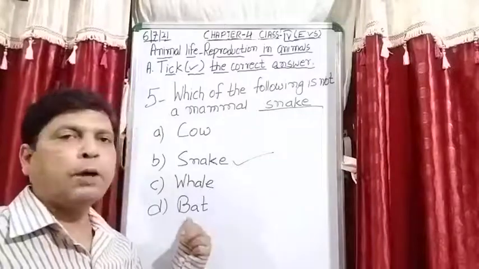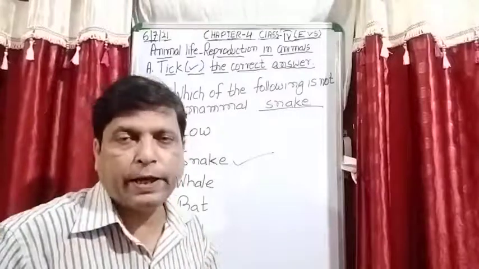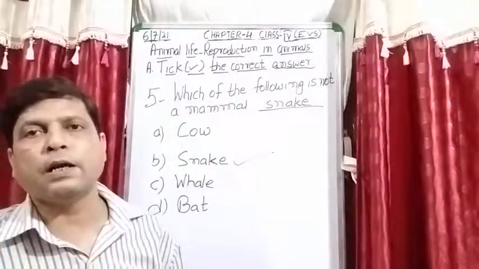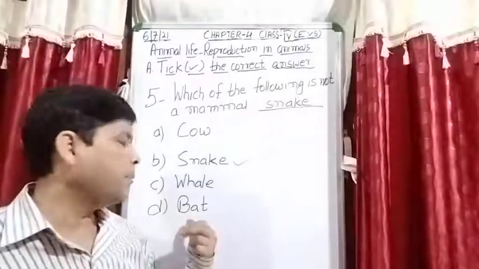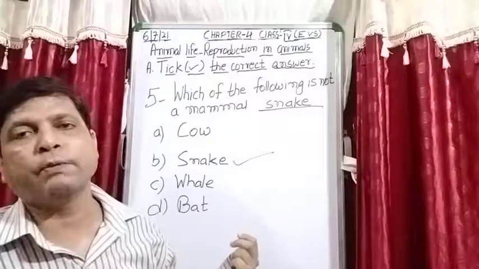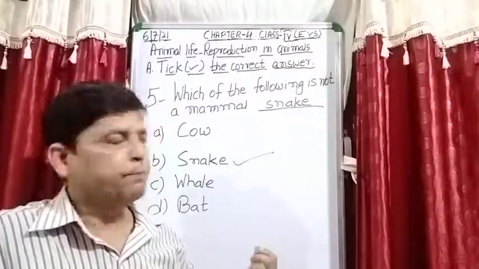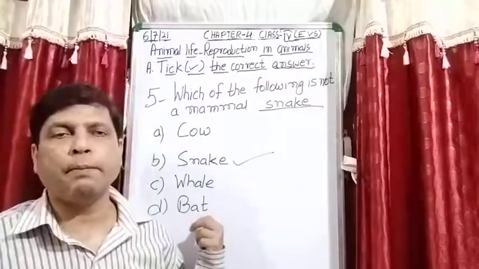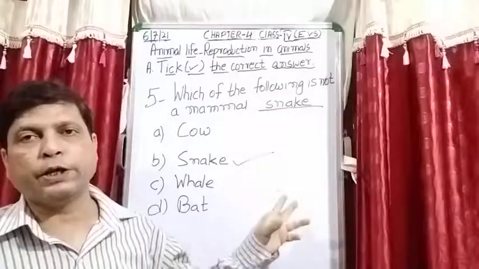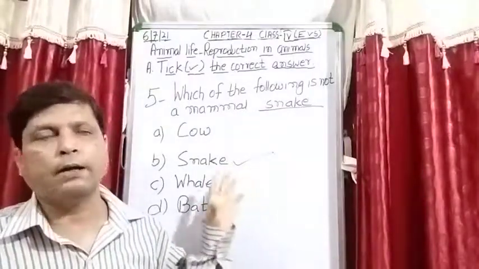Now when we talk about the bat as a bird, I already explained to you, birds lay eggs, and from the eggs their young ones come out. But student, bat is a mammal. They also give birth to their young babies and feed them with their milk. Okay, so bat is also a mammal. Snake is not a mammal. They are reptiles. They don't take care of their eggs either, and their young ones come from the egg.